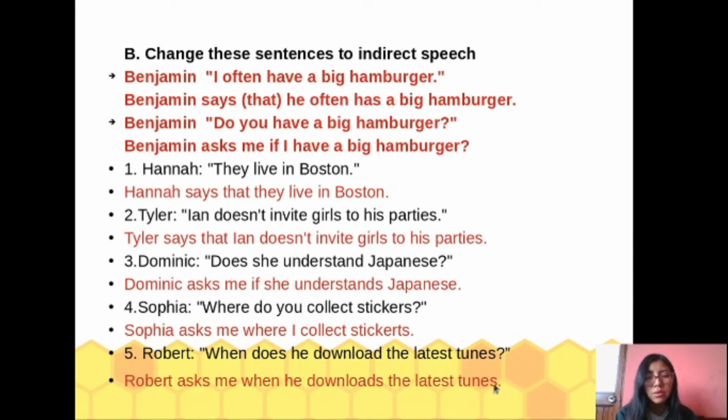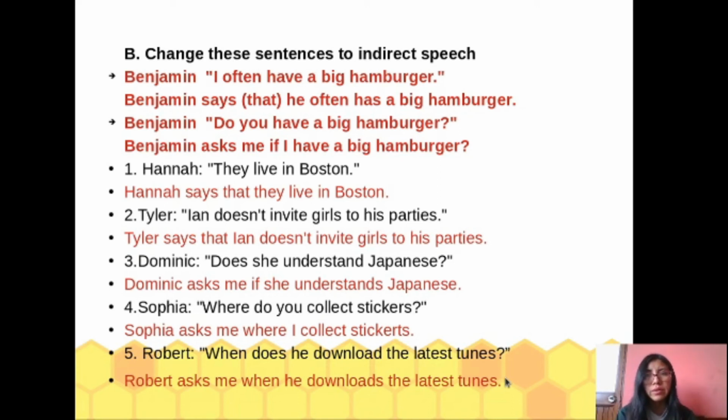And also you don't need to use the question mark. Okay, because I am not asking, I am reporting. Usted ya no utiliza el signo de pregunta porque usted ya no está preguntando, usted está reportando esa pregunta. Okay,